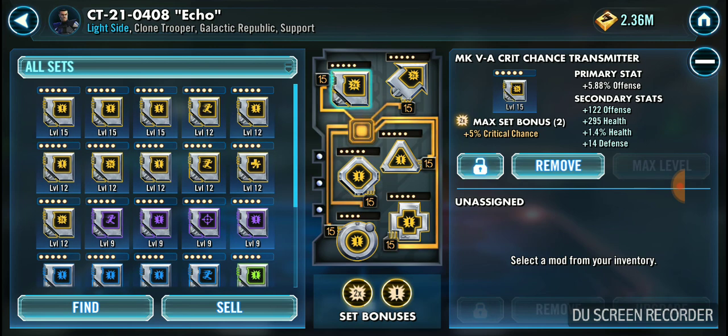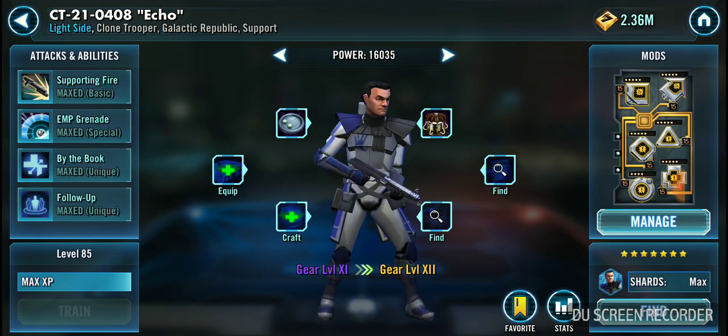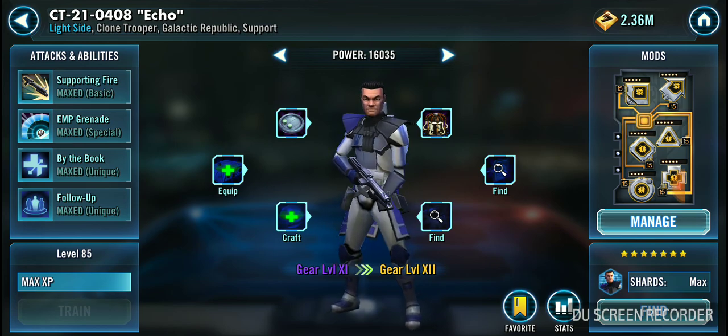Offense plus 122. Find your highest offense secondary mod, since you don't need high speed on 5s, Echo, or Sergeant. Just slap your highest offense secondaries on them, and especially Clone Sergeant, since his critical chance is high enough that he's going to crit all the time anyways. You don't need the critical chance